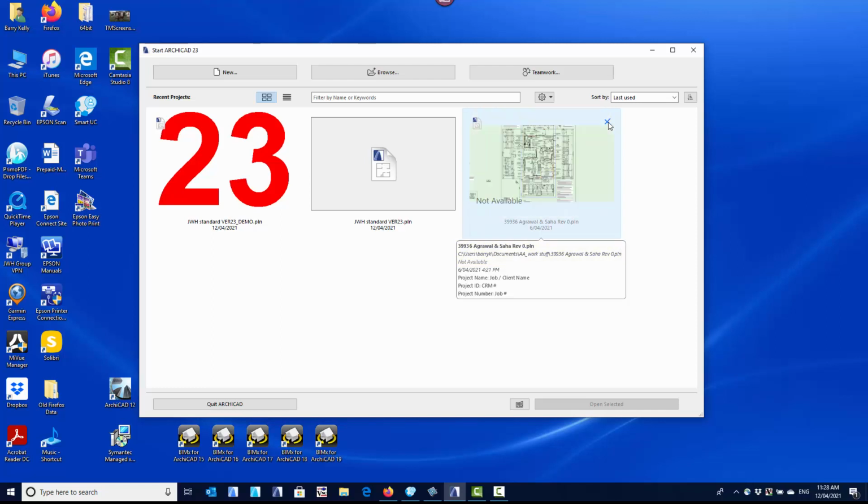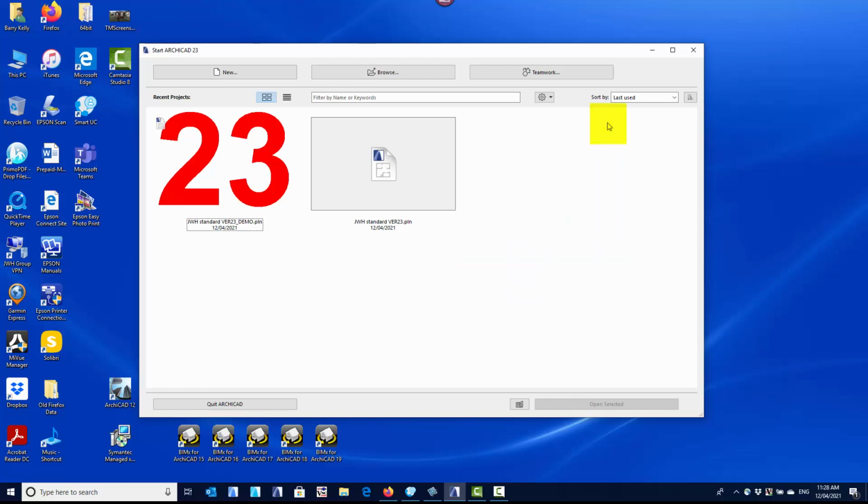If I no longer need it, I can simply click this delete button and that's no longer in the list. It's actually a good idea to try and keep this list as small as possible. Let it accumulate some files. But I have heard, and I believe they've fixed it, but there was a bug where when the file list gets quite long, it can slow Archicad down, especially the starting of Archicad. So from time to time, you might want to come through and just prune off all the older files. So you can sort them by last accessed or last used and just prune off all the old files,